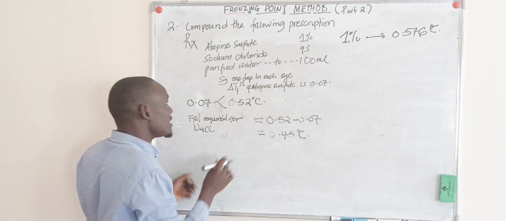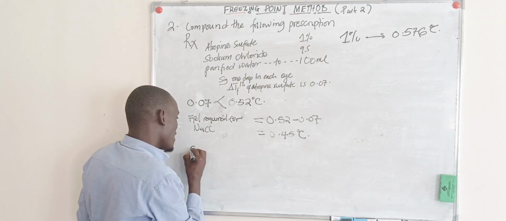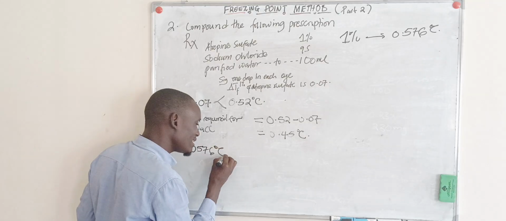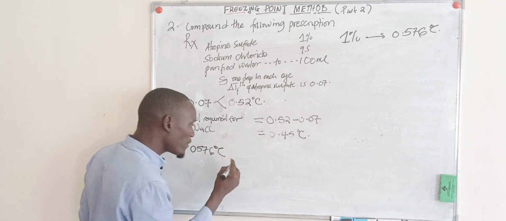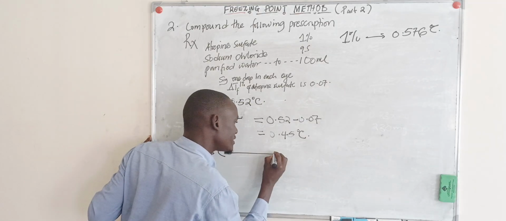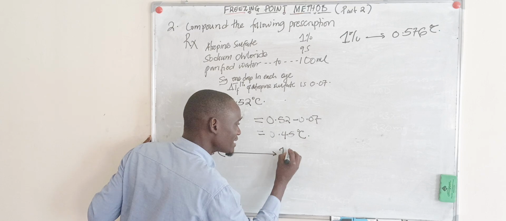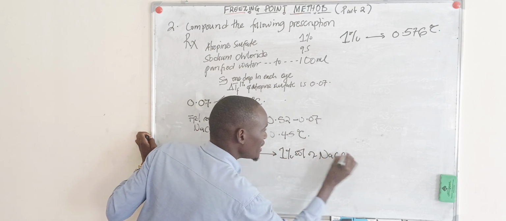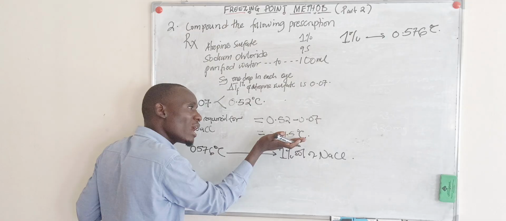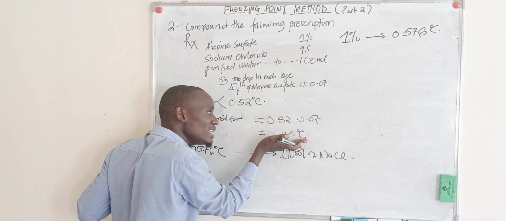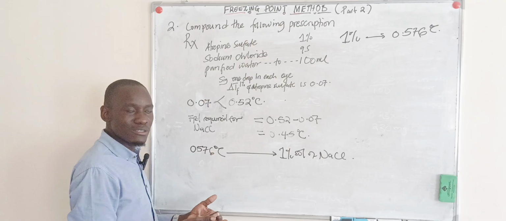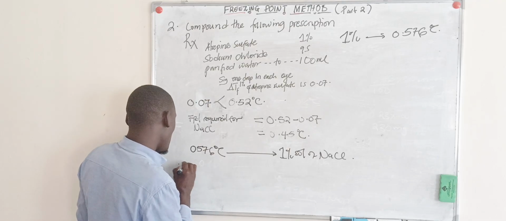So that means we are going to say that 0.576 degrees C is the freezing point depression caused by a 1% solution of sodium chloride. How about the one which we need to make the solution isotonic? It will provide which percentage? So therefore, the